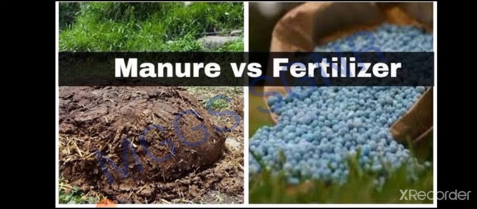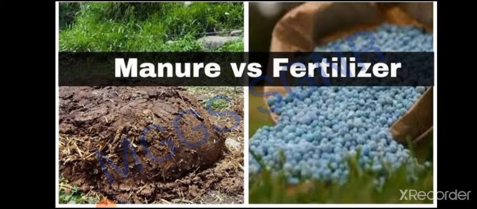Now we must know what is the difference between manure and fertilizer. Manure is natural, prepared from cow dung or biodegradable waste materials. It can be prepared in the fields. It adds humus to the soil. It is very beneficial for the microbes present in the soil, which are the farmer's friends. So manure is a natural thing, but